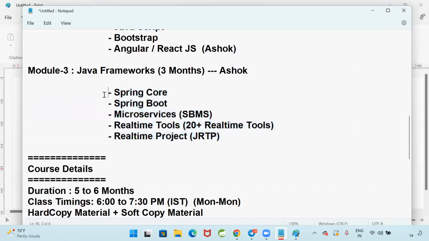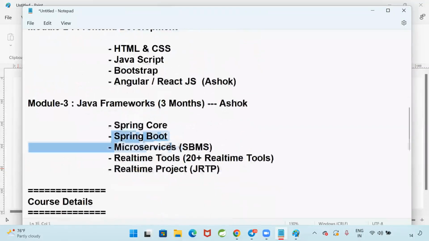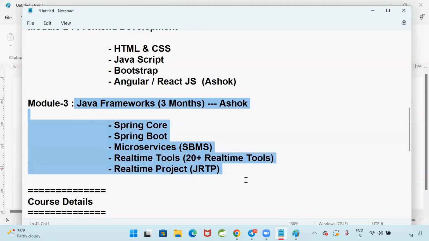If you attend everything serially, 1 year it is going to take. Got my point? Sir, I will attend Spring Boot microservices first. Then I will attend the real-time project. Then it will take 6 months of time. So I want you people to attend both parallelly. Morning Spring Boot microservices, evening real-time project, or morning real-time project, evening Spring Boot microservices.